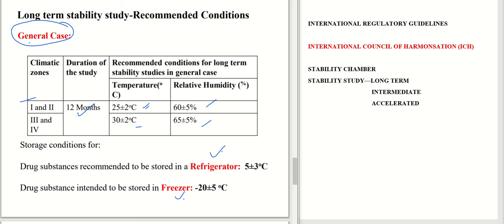And now let's see the substances to be stored at refrigerated conditions. So the temperature here changes to 5 plus or minus 3. For freezer, the temperature will be minus 20 plus or minus 5. So now we have discussed the long-term stability study, their conditions, and the different cases: general case, refrigerator case, and freezer case. Now let's see